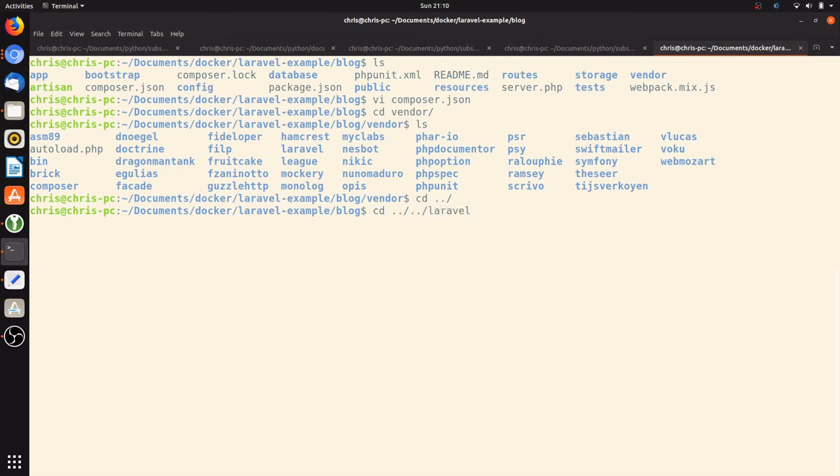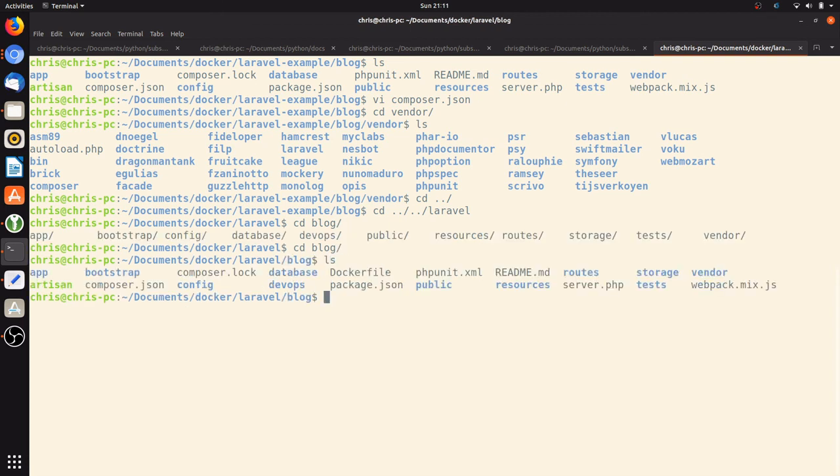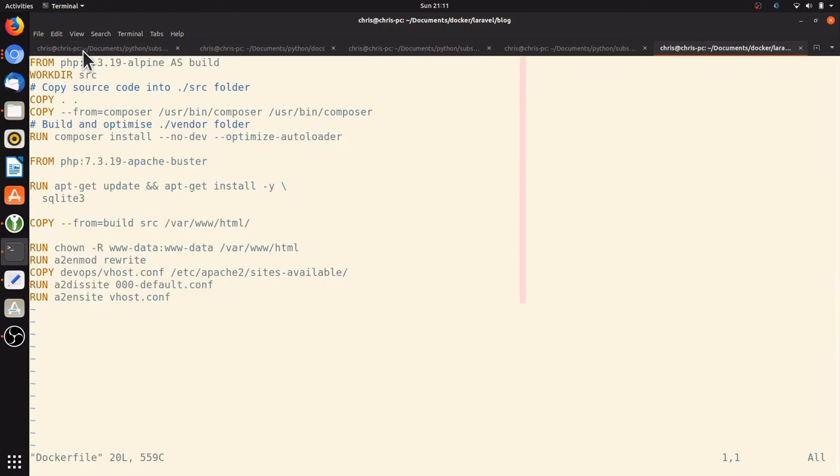If we go in here and look at the Dockerfile, blog Dockerfile, where did I put it? I've lost it. There it is, Dockerfile. So what we do is we pull from PHP, which at the time of doing this video is one of the latest versions of PHP, and we run composer install. And then as a new container layer, we take the PHP 7 full image